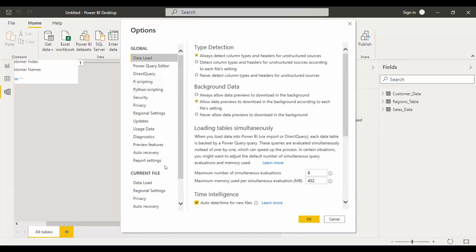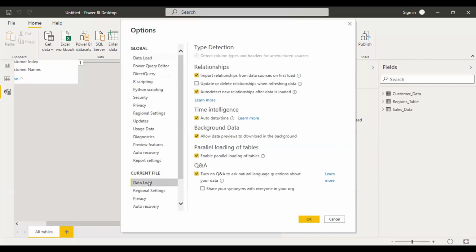But in our case, let me go to Data Load. And here we can see Auto detect new relationships after data is loaded. If I deselect this one, from next time, whenever I open Power BI Desktop, it won't detect the relationships between the tables automatically. But as of now, I don't want to do it, so I'm simply exiting from it.